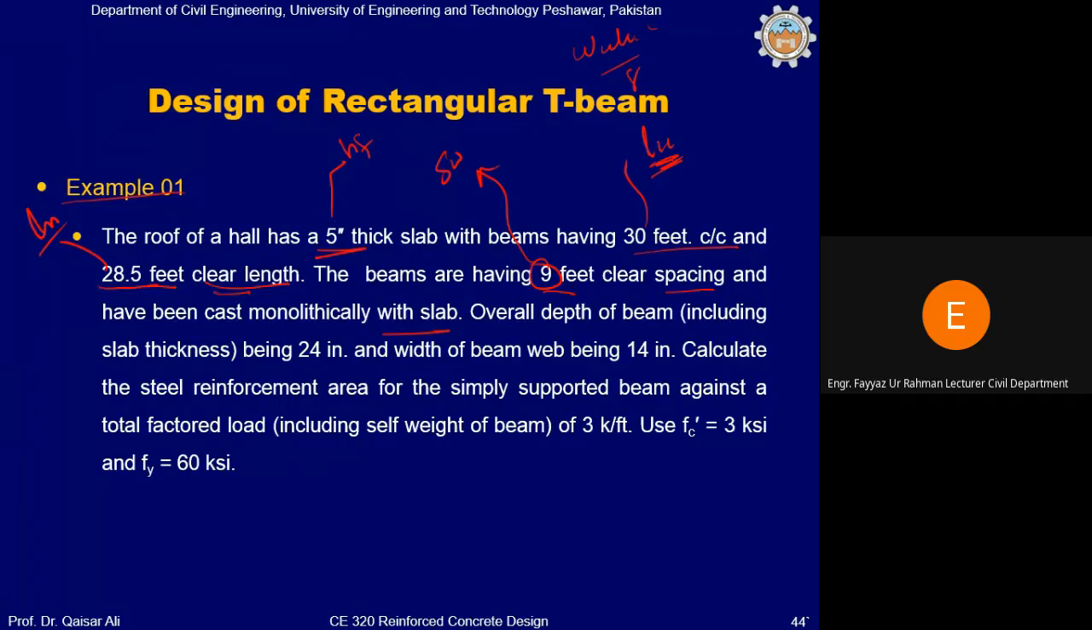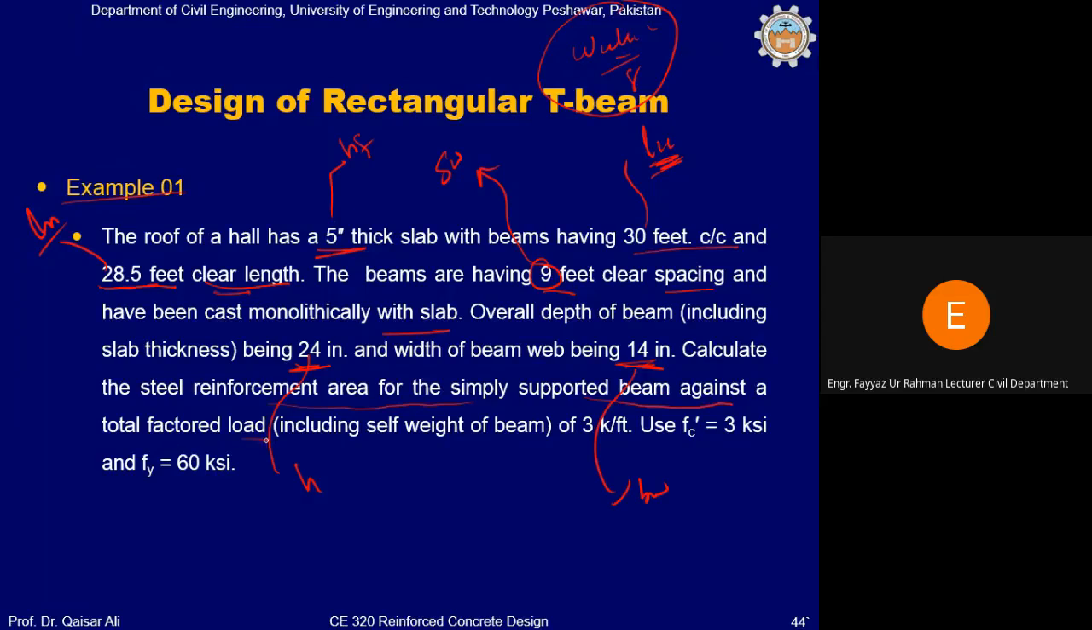अच्छा, 9 feet clear spacing, beams are provided at 9 feet clear spacing। इसका मतलब ये कि SW is 9 feet. Overall depth of the beam including slab is 24 inch, so total depth H is 24 inches, and the width of the beam BW is 14 inches, so BW is given. Calculate the steel reinforcement area for the simply supported beam, so you can very easily calculate the bending moment using this equation, WU L square by 8, but L will be L center to center,